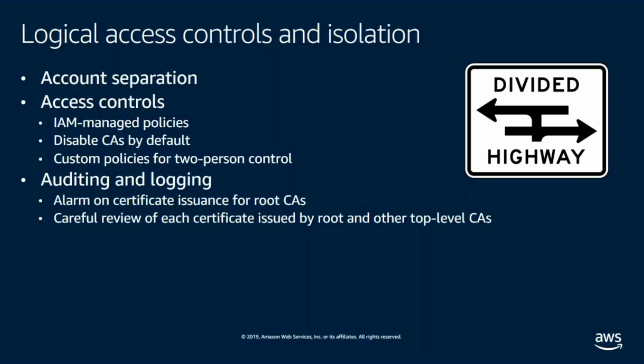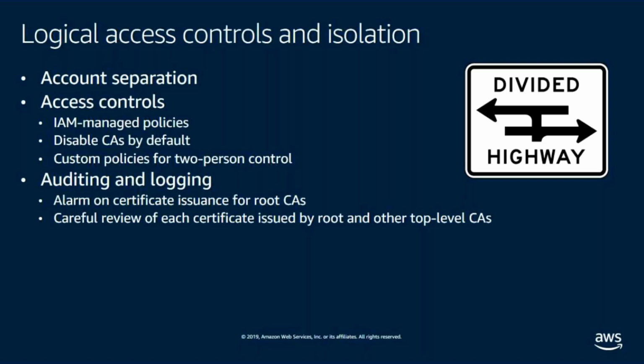The demonstration that Ram showed actually showed the root and subordinates in the same AWS account, but the general recommendation is to separate them. That does have the downside that in the demonstration, where Ram selected the root CA from the dropdown, that would not be an option, but it's still a possibility. You can perform those steps. The one step where the root CA signs the CSR, you can do that manually